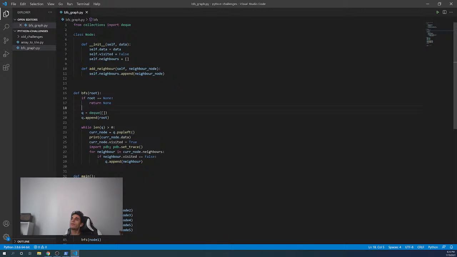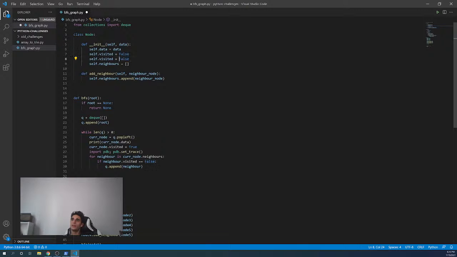Well, I think we have to store it. We have to also add another variable, which is in the queue, which is by default false, and when we add it to the